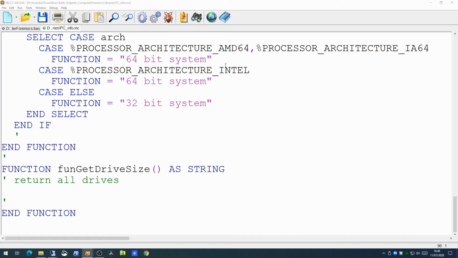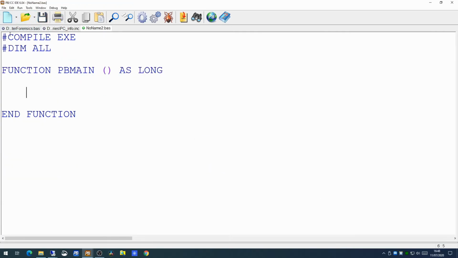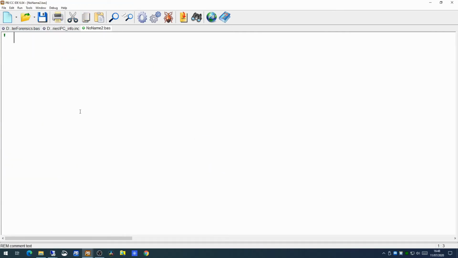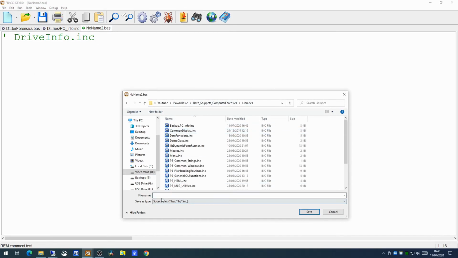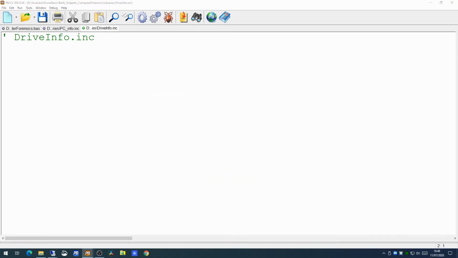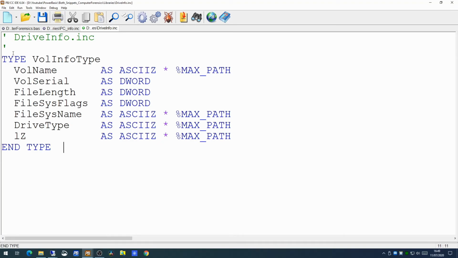Now I'm going to create a new library for this one because it's all about drives. So let's create a brand new library and we'll call this one drive info. And we will save this one into our libraries. Yeah, this is something you can actually build on. Now we're going to create another user-defined type on this one, into which we can actually populate our information, and we're going to use another Windows API call,